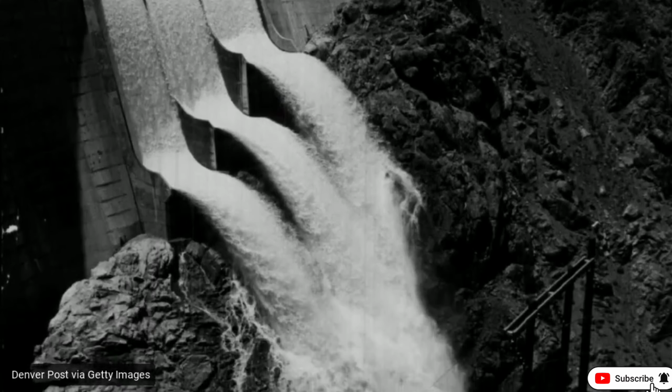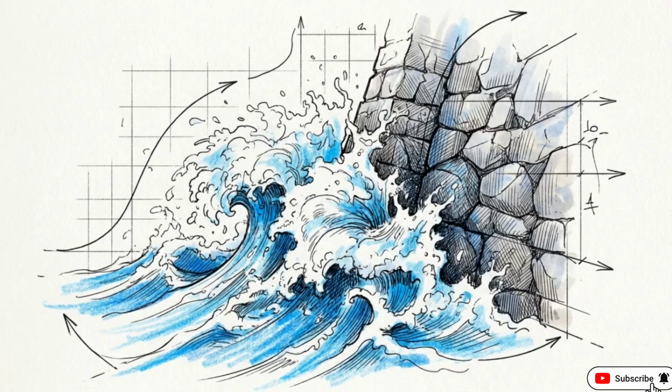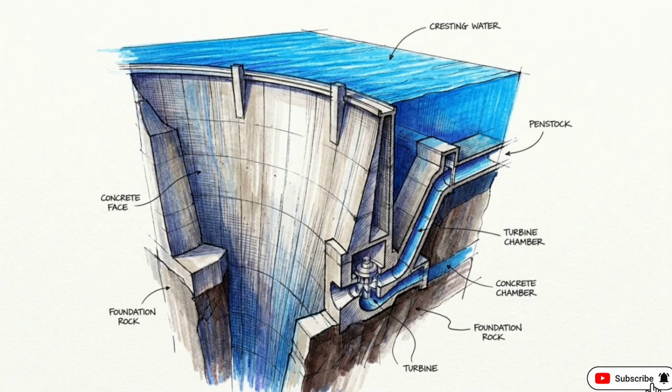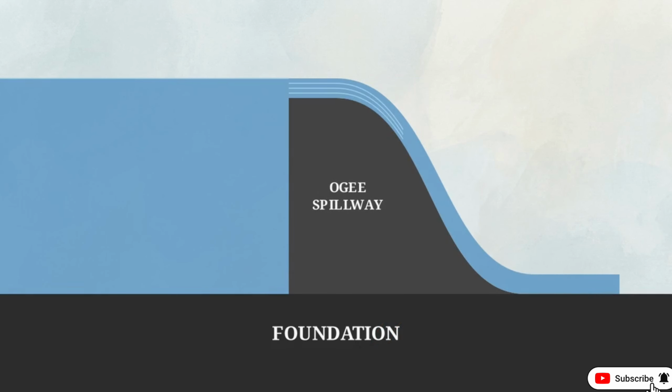When a reservoir hits capacity, millions of gallons of water have to go somewhere. Releasing that volume creates one of the most violent displays of kinetic energy on Earth. Engineers cannot allow a flood to spill freely over the top of a dam. The sheer, unchecked force of that falling water would tear the foundation apart, so the excess flow must be redirected